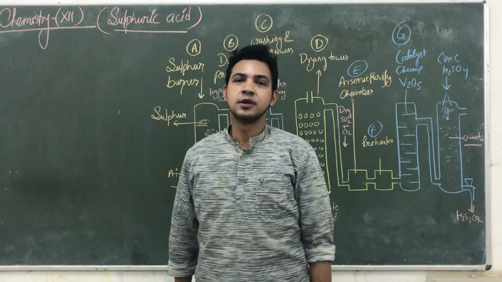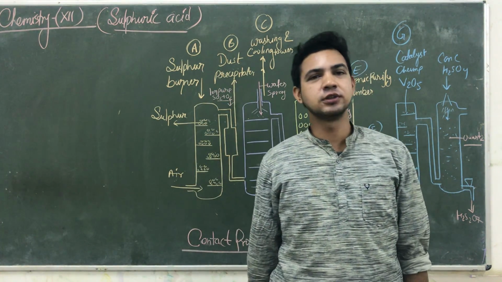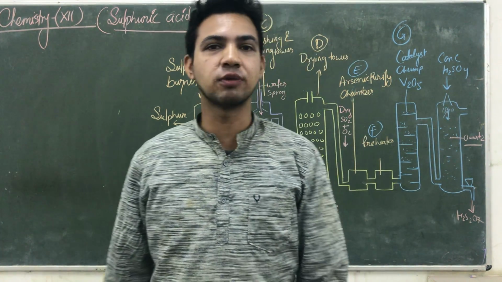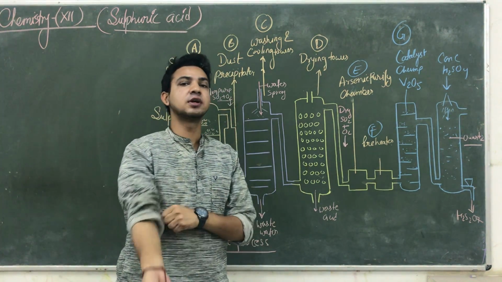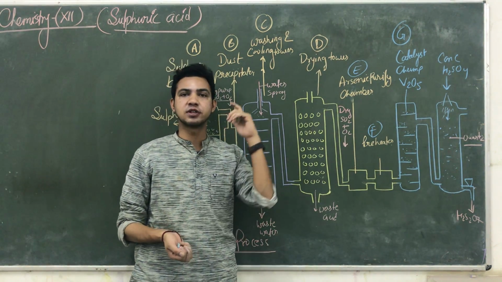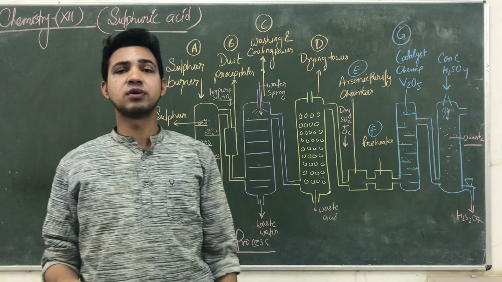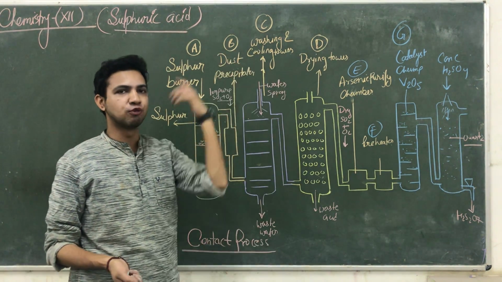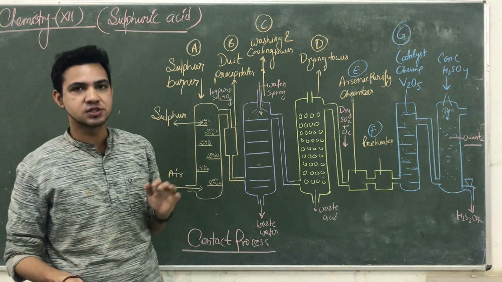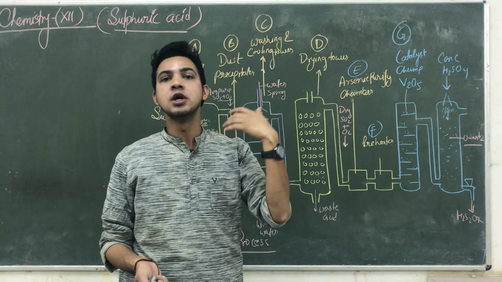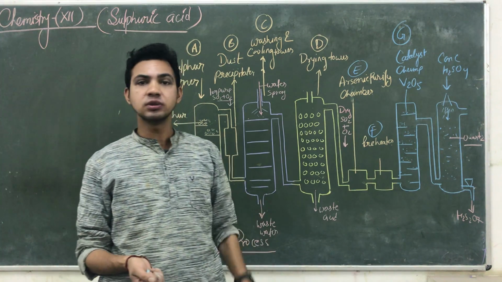Good morning, students. Today we are working on the preparation of sulfuric acid. After the preparation methods and properties of sulfuric acid, we are working on some oxo acids of sulfur. That is a very small topic, but it is the last topic of the oxygen family. After that, we are starting our halogens in the next lecture.